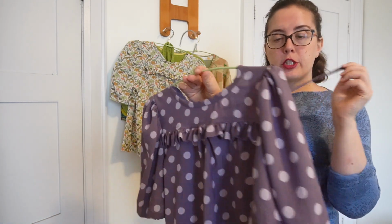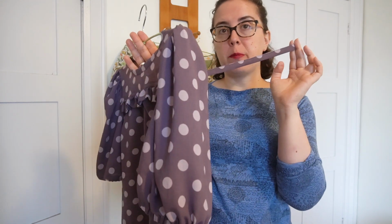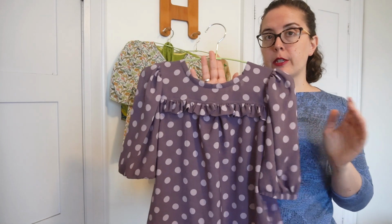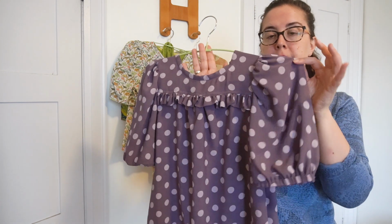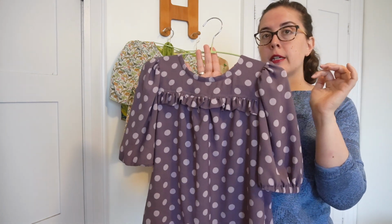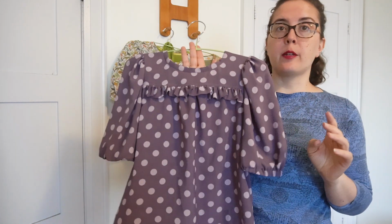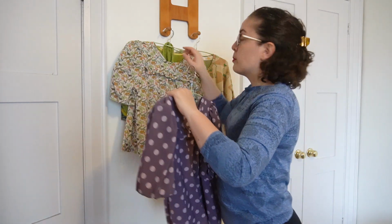The other change I made when I was cutting out, again because of lack of fabric, these are supposed to be bias ties. This is not a bias tie, this is just a rectangle. I definitely found other YouTube videos of other people cutting out this top out of much less fabric than called for, by maybe taking an inch out of the giant sleeve and then cutting them on the cross grain and then not doing the bias. Like that had been done before. I had seen other people do it. But yeah, so I made this. And then a few months later,